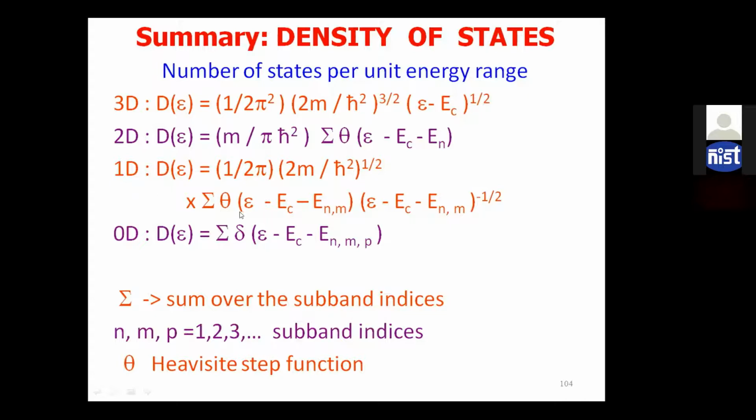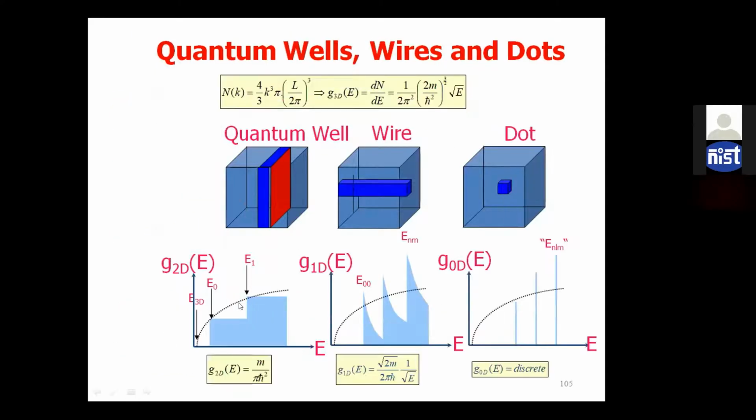Similarly, for 1D, the energy dependence is to the power minus half, and for 0D, it depends upon the delta function. That means it is only a line in a zero dimensional system. So here, this n, m, p may be 1, 2, or 3, the subband indices, and theta is the Heaviside step function. You can see, if you take a quantum well that I explained earlier,